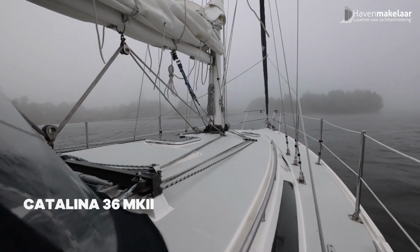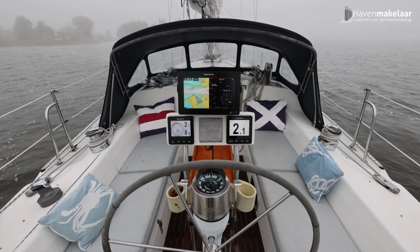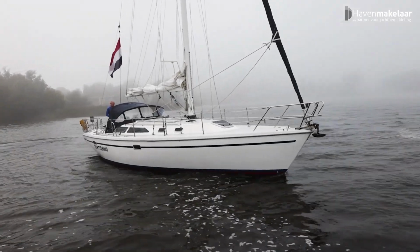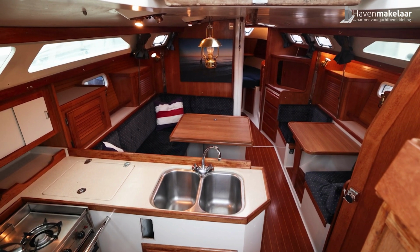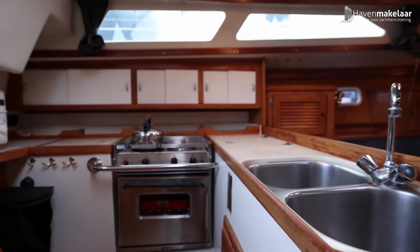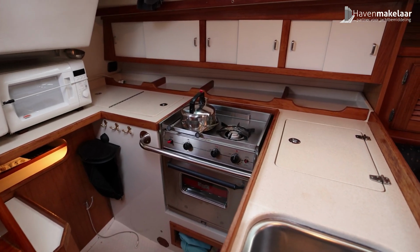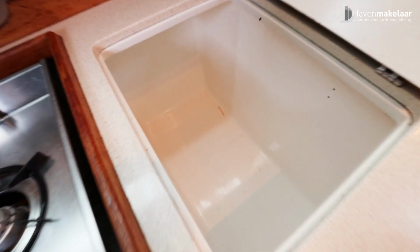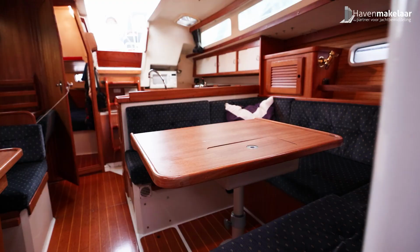The Catalina 36 MkII is a well-loved cruiser that's been a go-to choice for couples for decades, and it's easy to see why. The interior layout is both functional and inviting. Forward, there's a roomy V-berth with ample storage and a solid door for privacy. The aft cabin is tucked to port, offering a second double berth that works great for guests or as a spot to toss gear and stretch out when needed. The main saloon is cleverly designed with a large C-shaped dinette to starboard that converts to a double berth, and a pair of seats with a table to port, making the space feel more like a small living room than